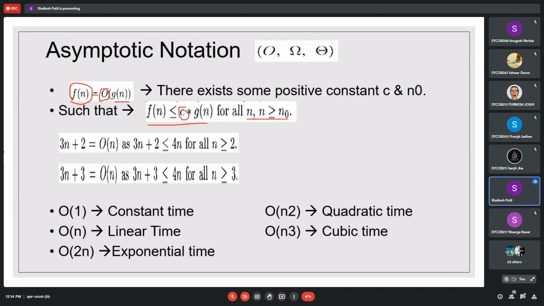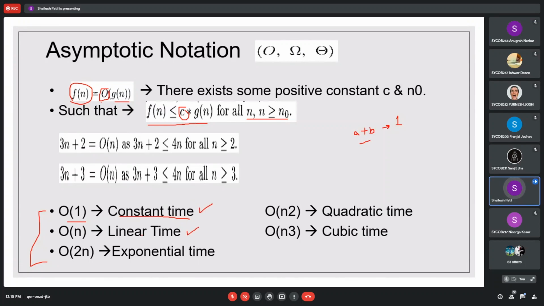These are some terms you may remember. What is it called if the complexity is O of 1? It is called a constant time complexity. Suppose we have to add two numbers, it will be just a plus b. For any values of a and b, this won't change. So this is O of 1. Is it correct? Yes, sir. So you can call it constant time.